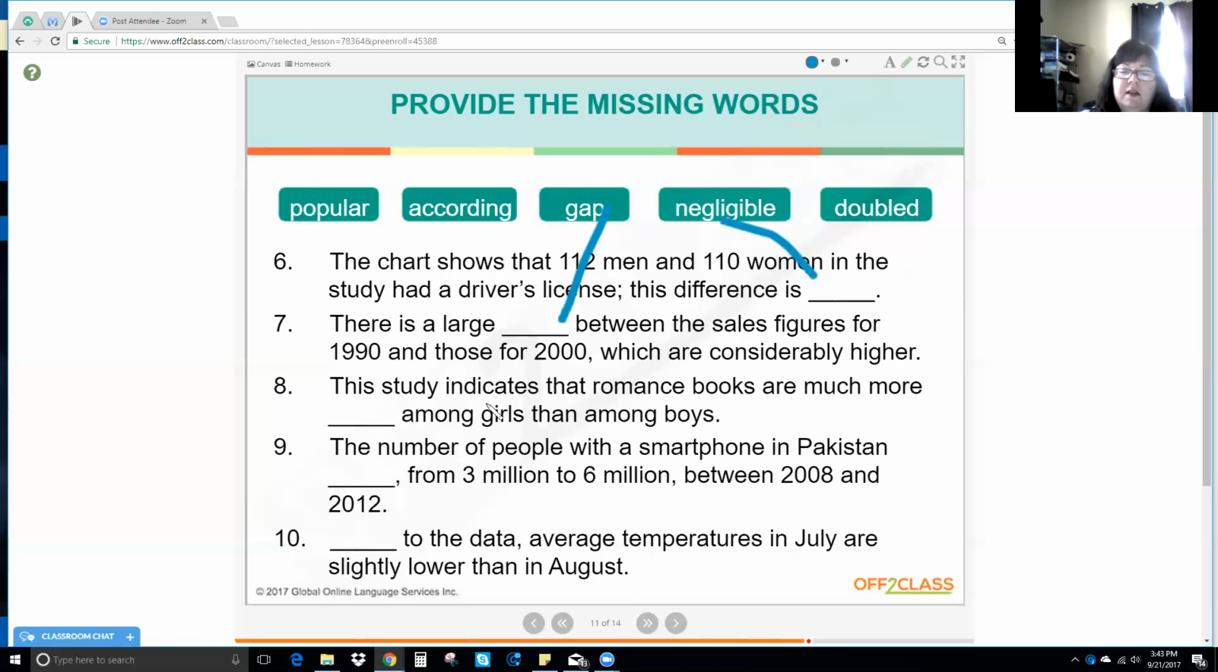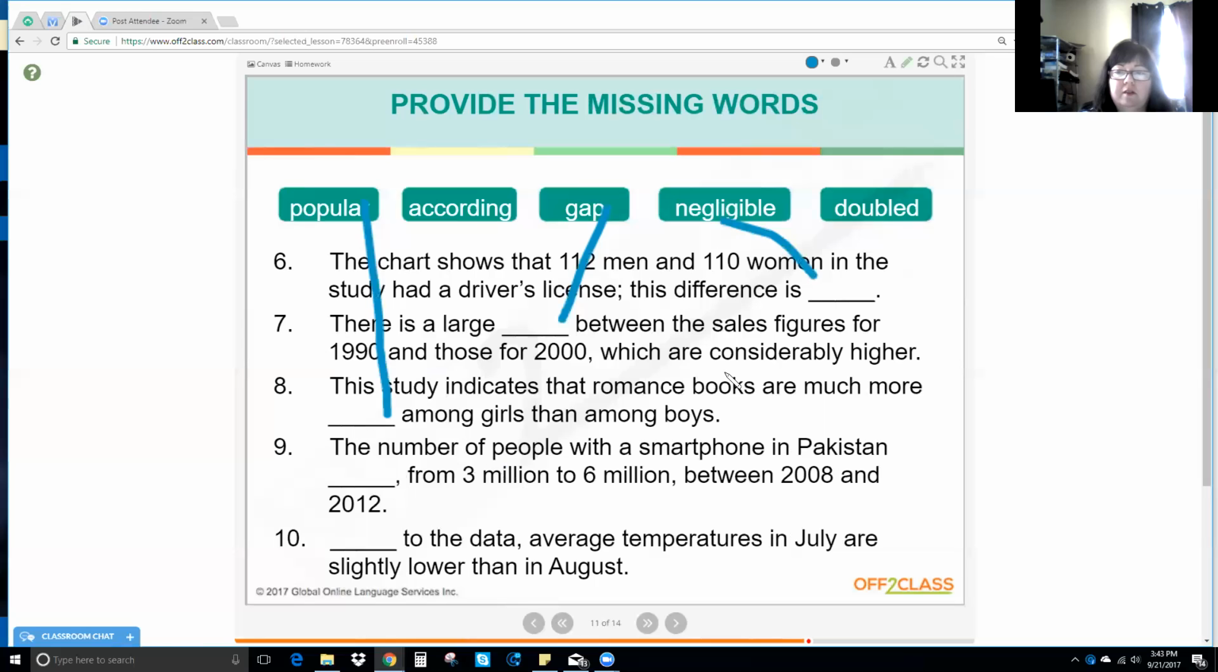Okay, this study indicates that romance books are much more blank among girls than among boys. Popular, what else? Preferred, appreciated. Okay. The number of people with a smartphone in Pakistan, blank, from 3 million to 6 million between 2008